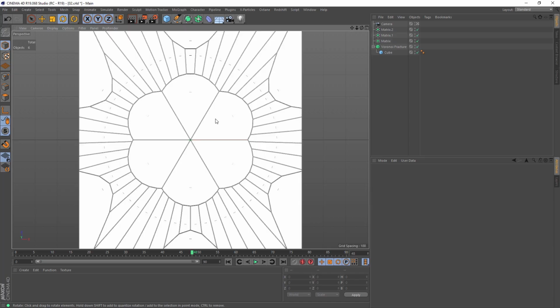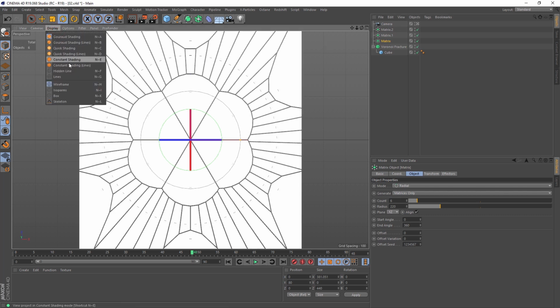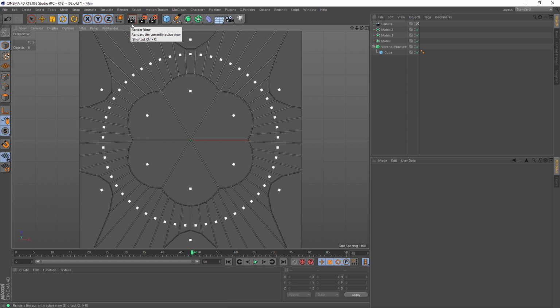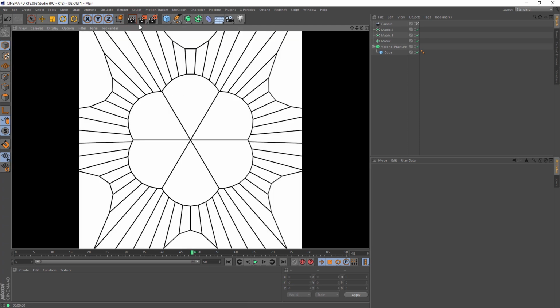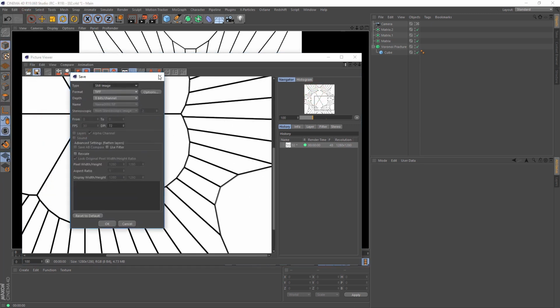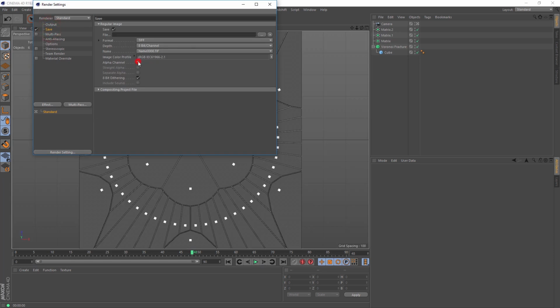With the basic setup built, we can play with it, and I'll show you how to create something more complex, or how to art direct this. We're going to display, go to hidden line just to see our structure, and I use Control or Command R for rendering and Shift R for extended render. So you can save this image or animation if you want for further use. Be sure you have set the alpha channel